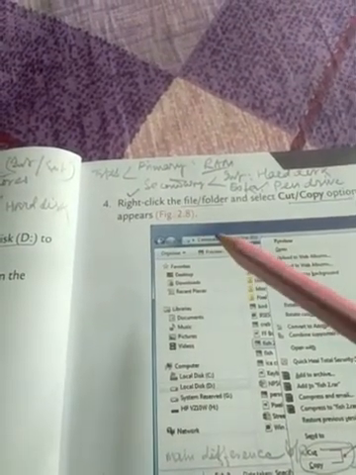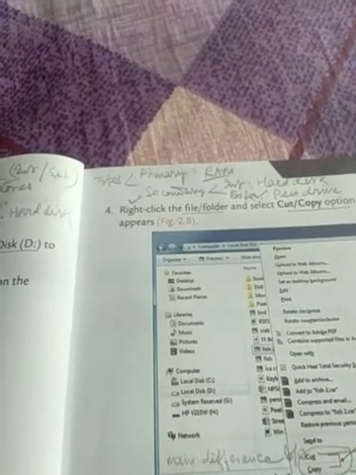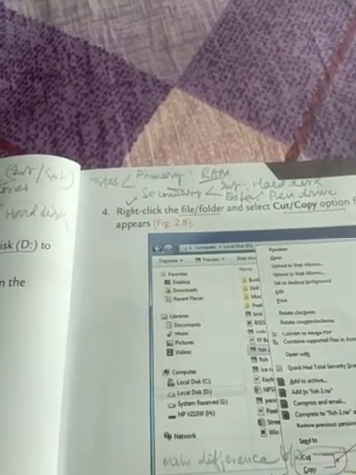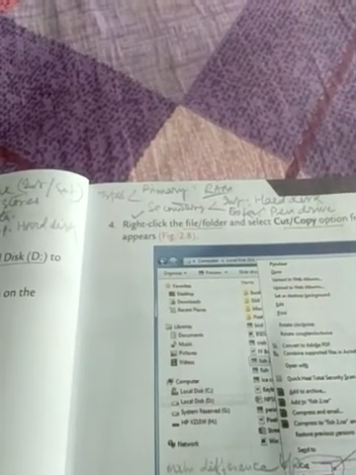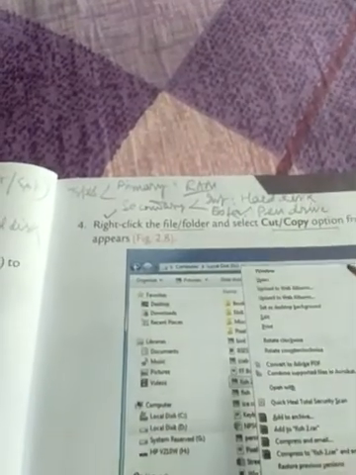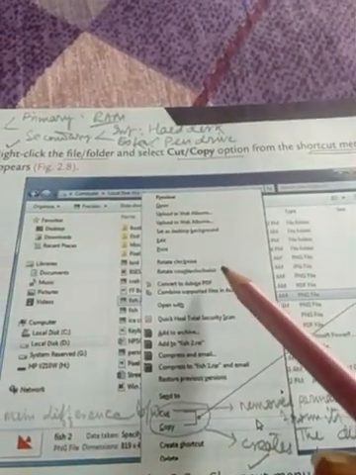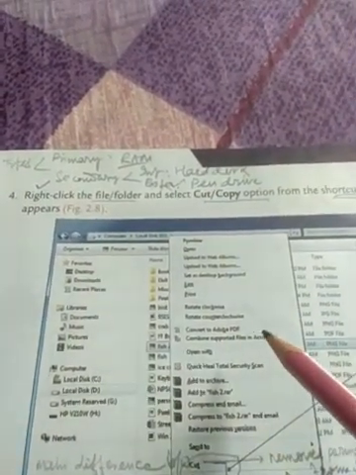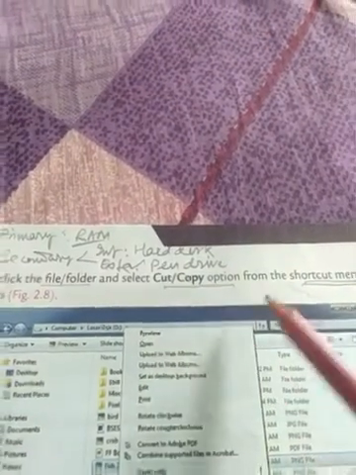Right click means we have to use the right button of the mouse, placing on the selected file or folder, and whenever it is done, the shortcut menu, this one, will be opened in front of our eyes, and we have to then select either the cut option or the copy option from this shortcut menu.